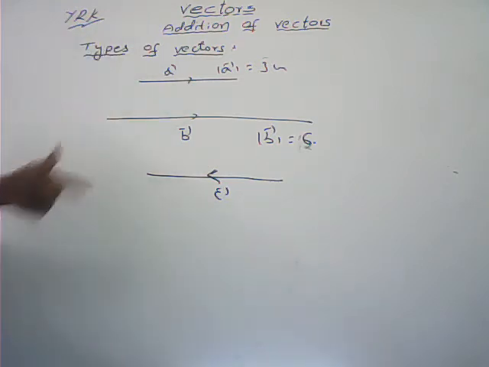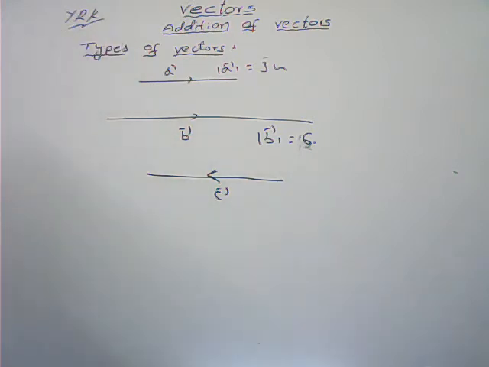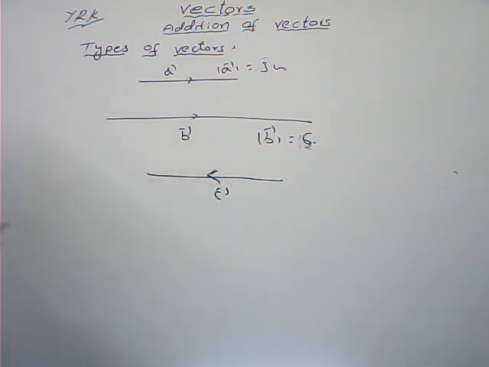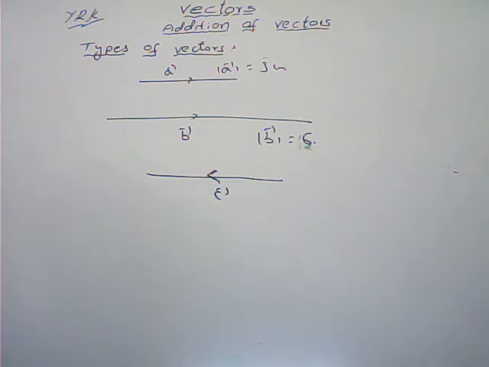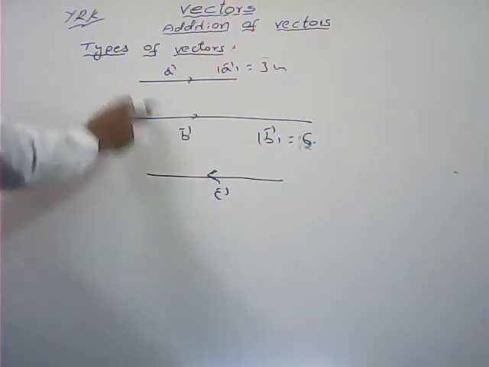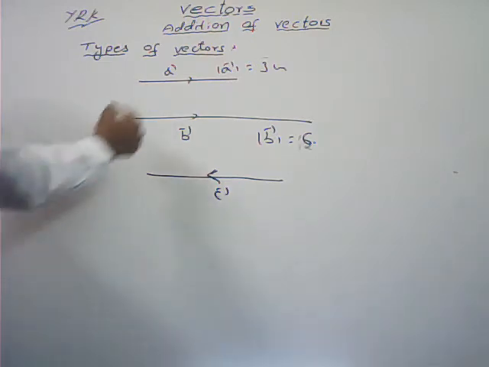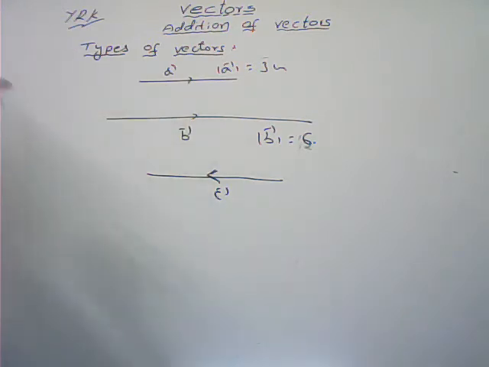Here, line of support. If I take one line, all these are parallel to the given line only. Now the line of support is same, and here these two are in the same direction. This is the opposite direction. Whatever be the direction, either the same direction or opposite direction, if they are parallel, these are said to be parallel. Now, if any two vectors are parallel, how can we say collinear here?